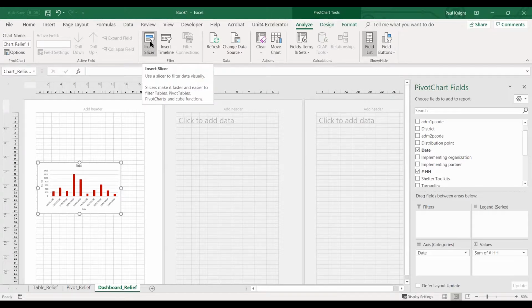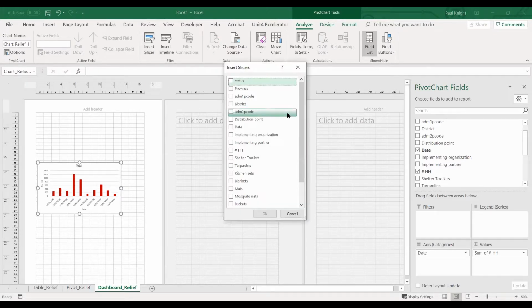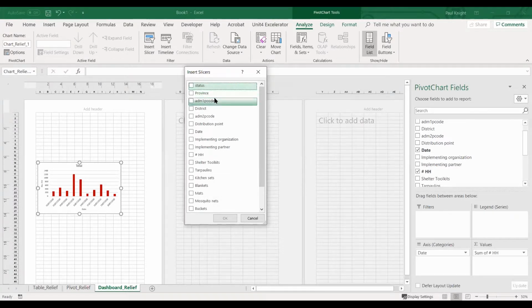If we click Insert Slicer, we get a pop-up and we can insert slicers. So it's basically asking, how would you like to filter your data? I want to filter my data by province, by district, and by date. If I click OK,